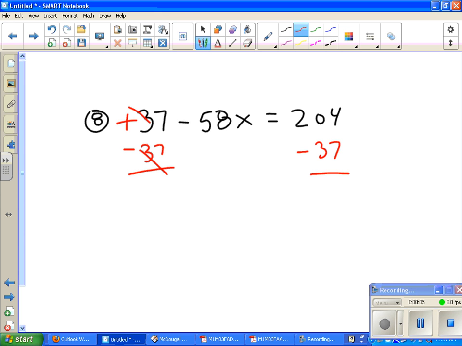204 minus 37 is 167. What's left over here on the left is negative 58x. Don't forget the negative. Or negative 58 times x in order to